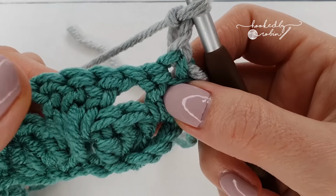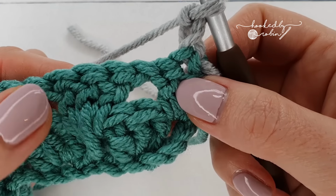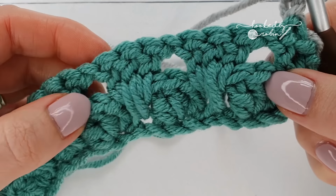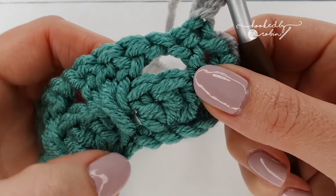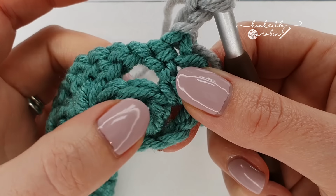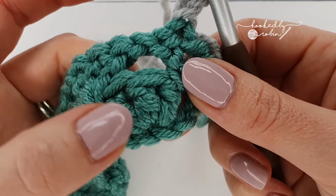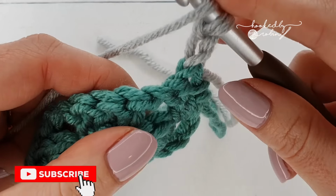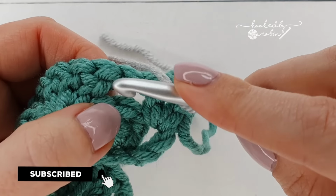Now we're going to repeat the spike stitch cluster, working into these chain 1 spaces, but instead of working into the chain like we did for row 2, it gets a lot easier because we're going to be working into this middle double crochet of your group of 3. So double crochet into that chain 1 space,